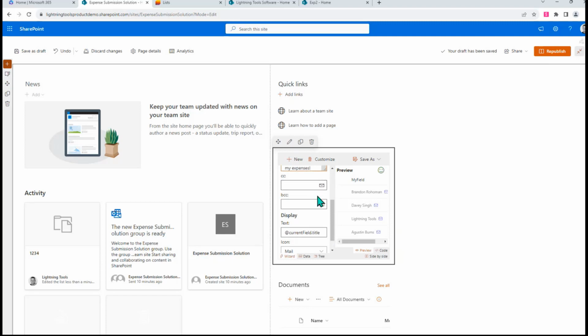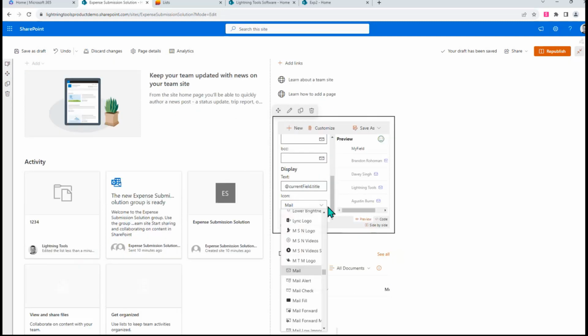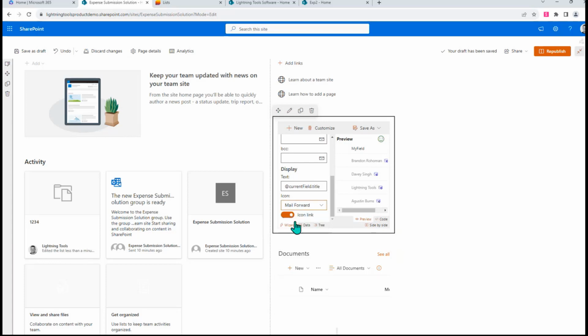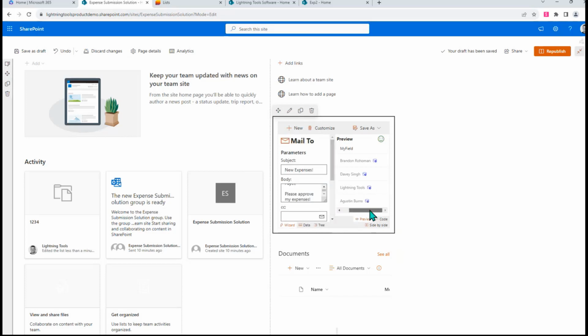Notice in here there's other parameters, like we can CC, BCC, set the title column to be included, and the type of icon that we want as well. So there's a list of different icons that we can pick and choose from. So I could maybe choose this one here, the mail forward icon, instead of just the little envelope. And it gives me a nice little preview of what this column is now going to look like, as well